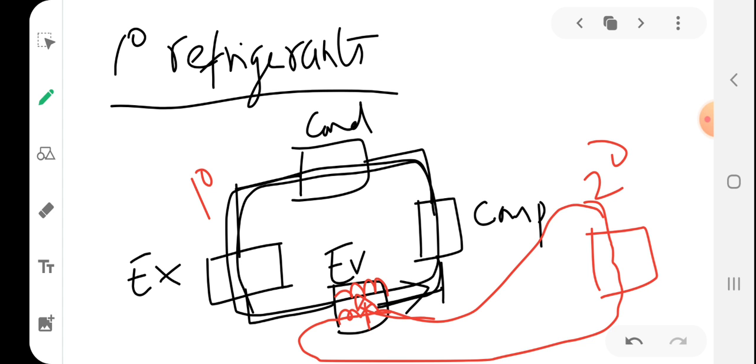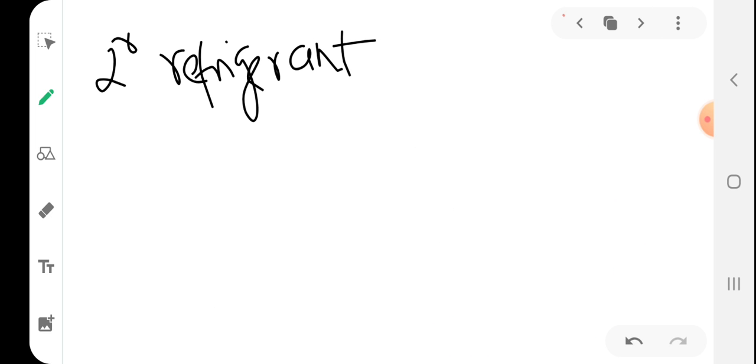So in air conditioning and all, air can be termed as a secondary refrigerant. Why? Because in an air conditioning system, air is absorbing the heat from the room, and this absorbed heat is carried by the air to the refrigerating system, where it rejects this heat to the evaporating coil, and through the evaporating coil some primary refrigerants may be flowing. These primary refrigerants absorb heat from the air, and the process continues. So air, water, and brine, all these things can be considered as secondary refrigerants. So students,